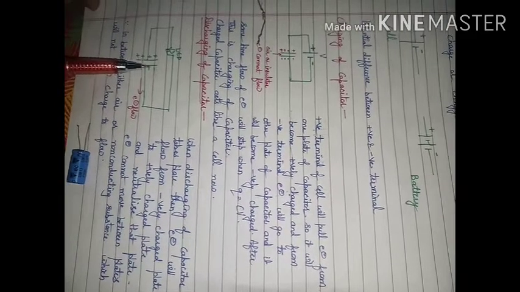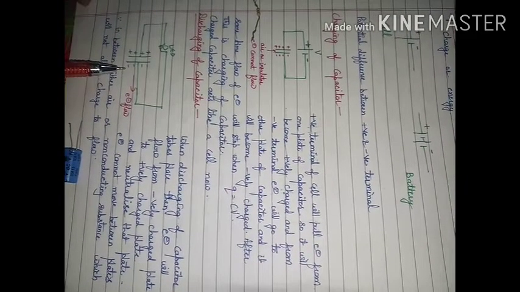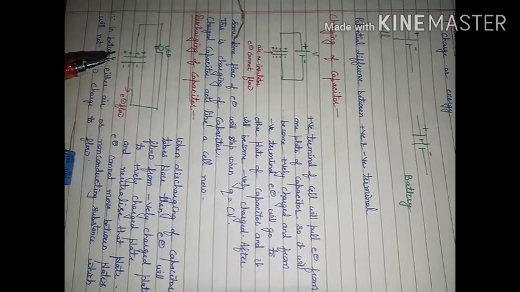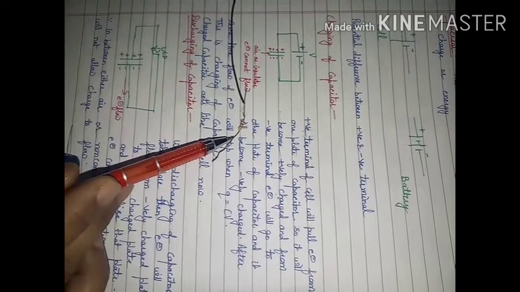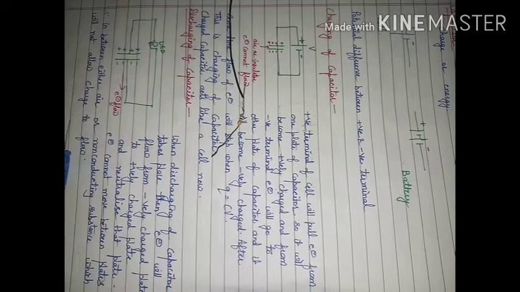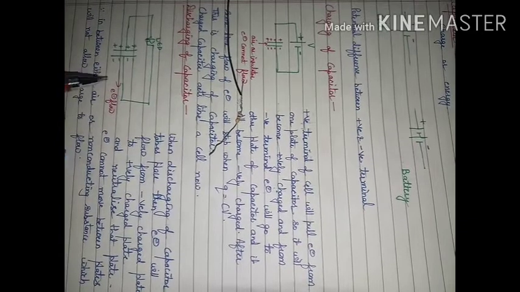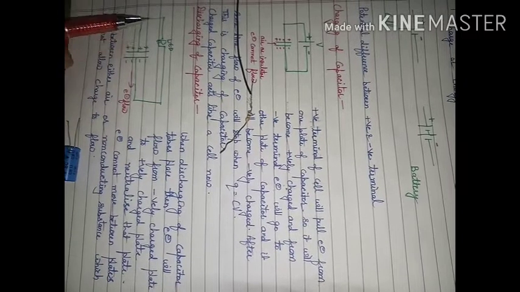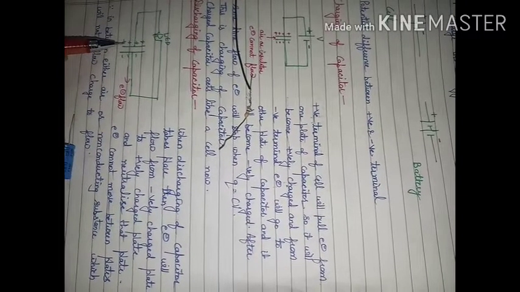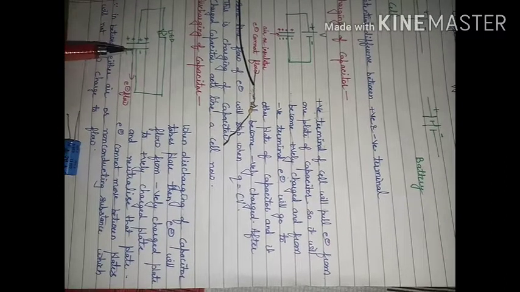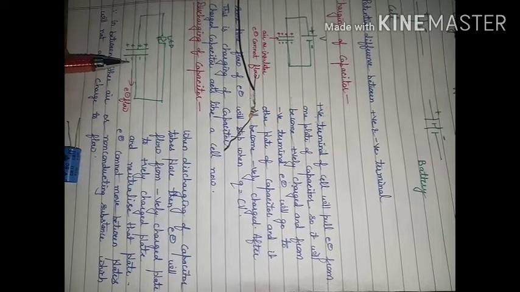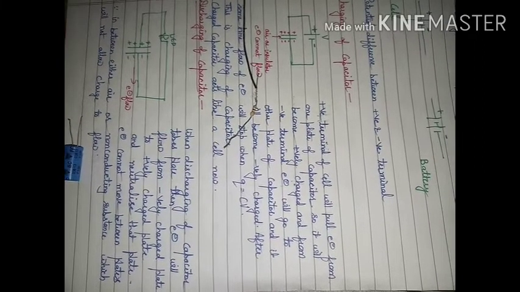So during discharging, what will happen? Electrons from the negative plate of the capacitor will start flowing through the LED. Here I have connected one resistor also. The function of the resistor is so that current can flow for a longer interval of time. Electrons will flow from the negatively charged plate, come to this side and neutralize it. When this process is over, all the electrons from this side will have flowed to this side, and both plates will become uncharged again. This is known as discharging of the capacitor.